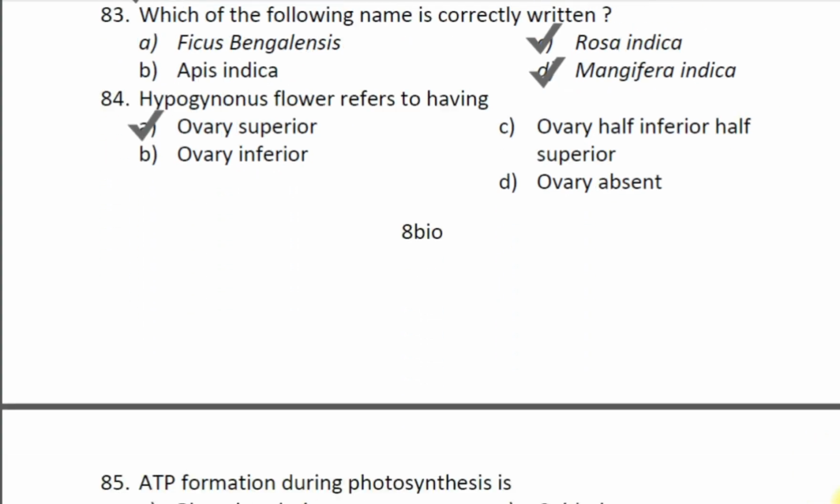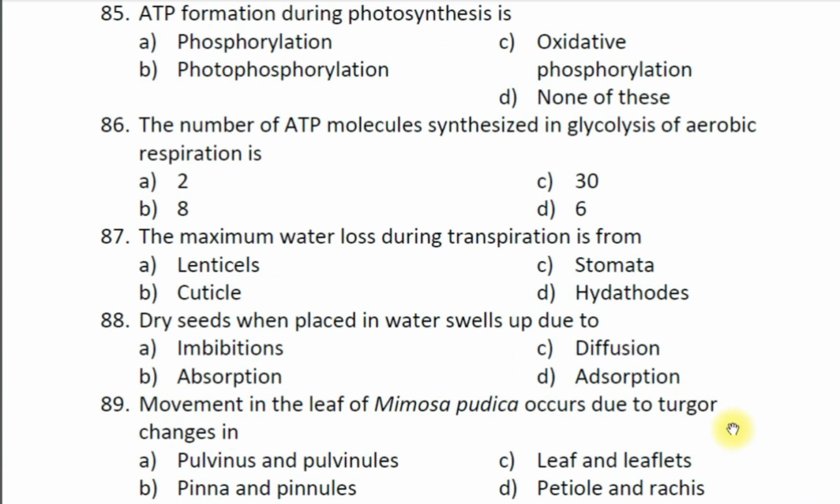Next question, question number 85. ATP formation during photosynthesis is A. phosphorylation, B. photophosphorylation, C. oxidative phosphorylation, D. none of these. So here the correct option is photophosphorylation. Question number 86. The number of ATP molecules synthesized in glycolysis of aerobic respiration is A. 2, B. 8, C. 30 and